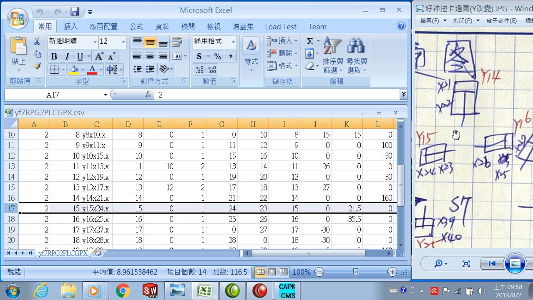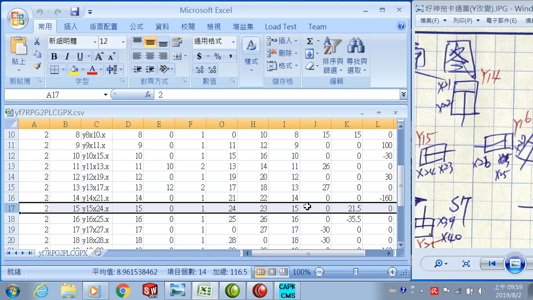The Y15 definition: the lower limit sensor S24, the upper sensor S23, actuated by open Y15. The moving distance is 21.5 along the Z positive direction, moving up,